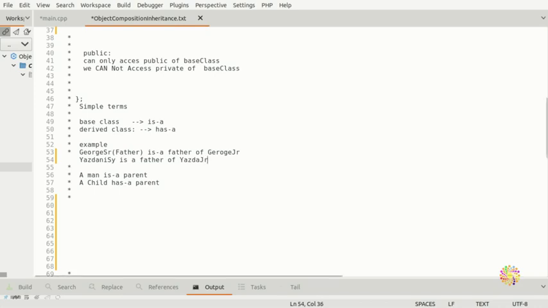Vice versa, Yazdani Junior has Yazdani Senior as a father. That's the simple way to put it: if someone asks you how inheritance works in C++, this is it.